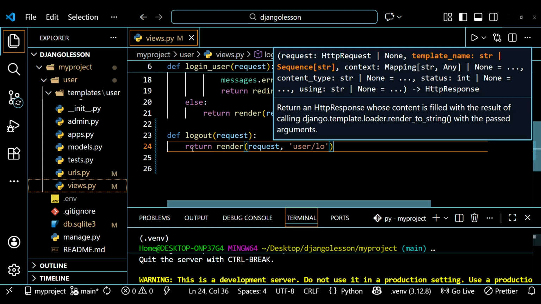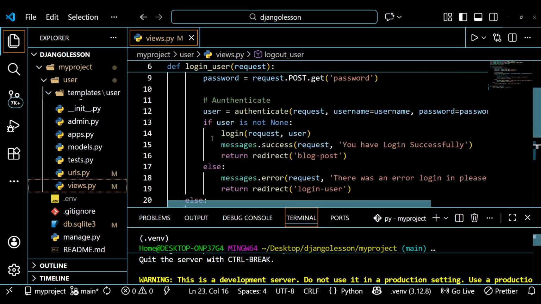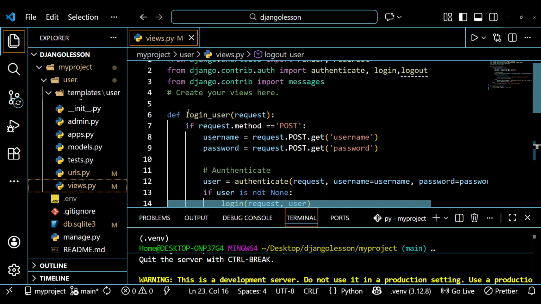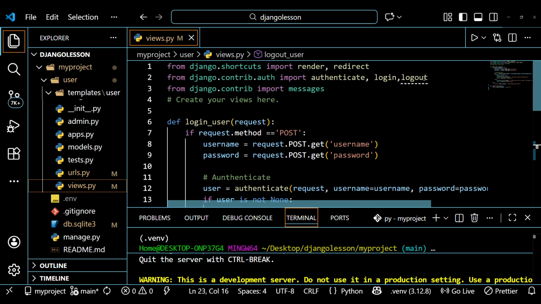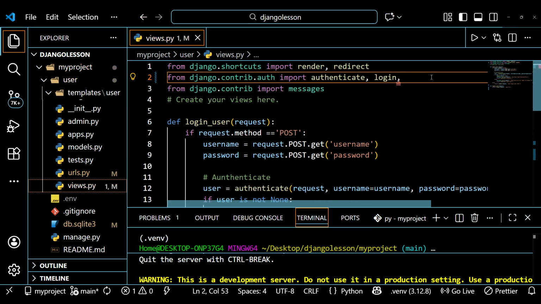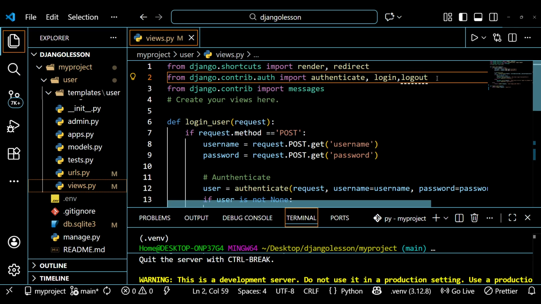then logout. Make sure hapa you can never use logout like that. You have to use logout user, because logout is one of the functions. Like here login venye nimeitumia, unaitumia hivyo, huwezi kuitumia login otherwise. This login, like venye nimeimport this one here, is part of one of the functions ya Django ambayo inakuja na Django, na so itakuwa na naming conflict, so your program will crash,